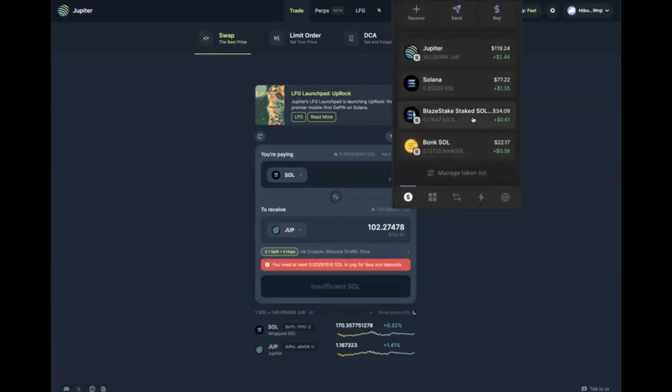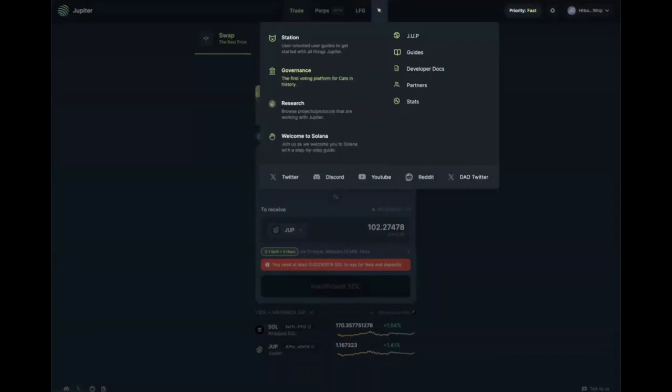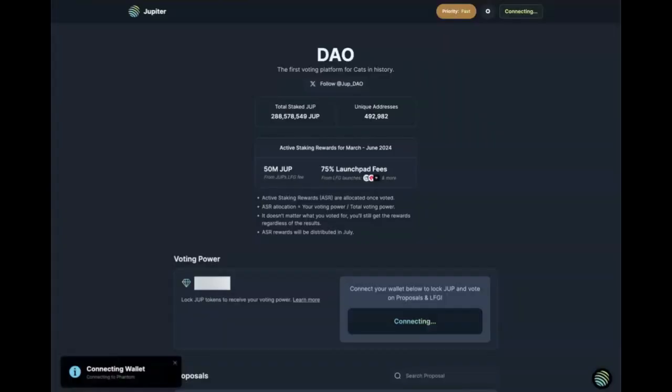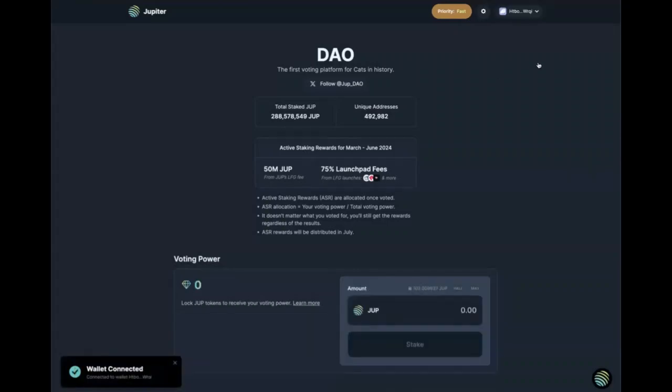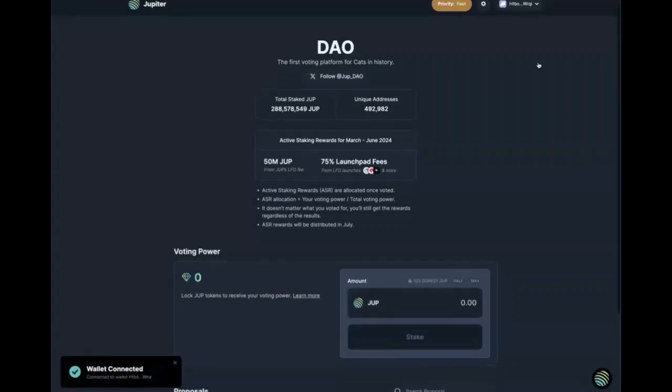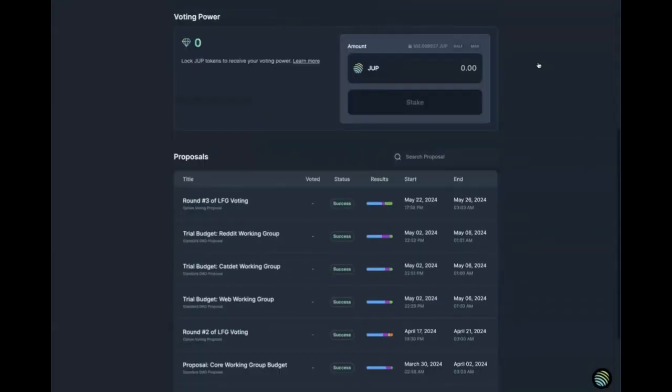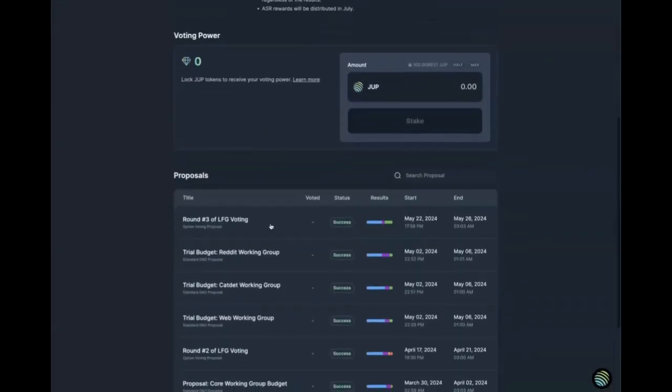Oh, also the Blade Soul, where I did the 0.17 Blade Soul, and also did that Bond Soul. To go to this governance here, which is this one, I can connect my wallet again. So this is more chance to make more airdrop, because Jupiter will airdrop you, I think, at the end of the year or early next year for season 2. So what you can do is you want to vote. So let's say I'll stake